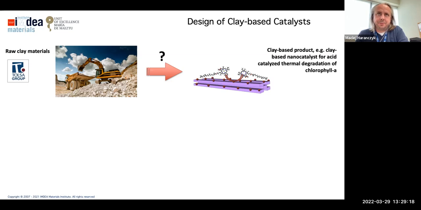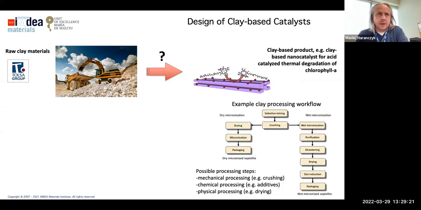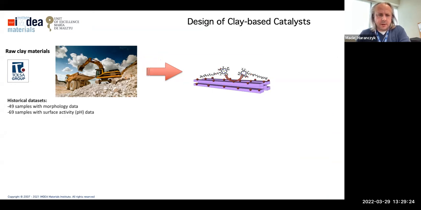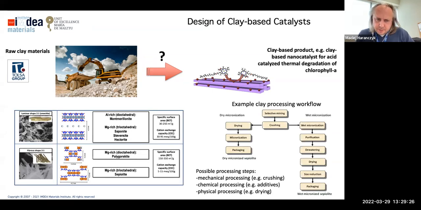So as a reminder, a nanoporous clay can have different structures. They can be laminar in shape, like montmorillonite, or they can be fibrous. And as I mentioned earlier, when we excavate the material out of the ground, we can process it into higher value materials using different processes: mechanical, chemical, and physical treatment. And here on the right side, I just show an example of such industrial processes to convert raw material into a clay product.